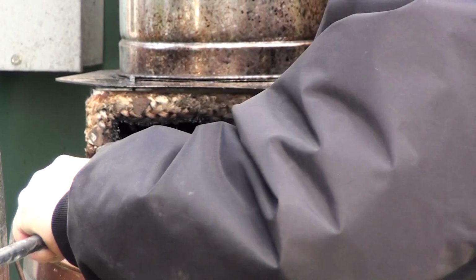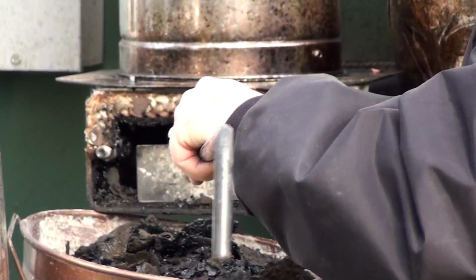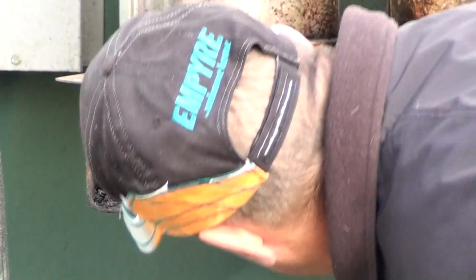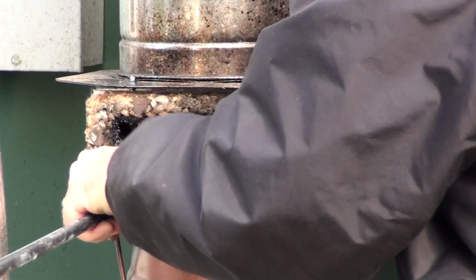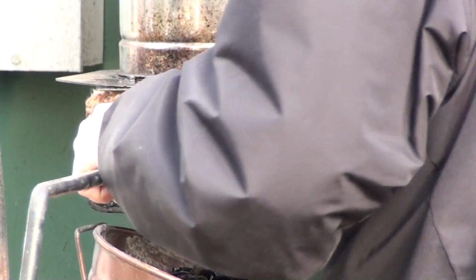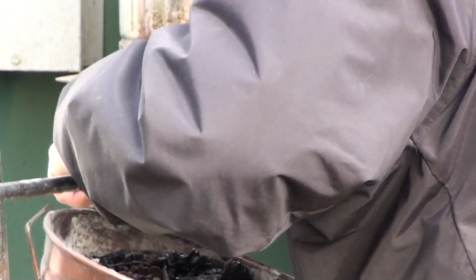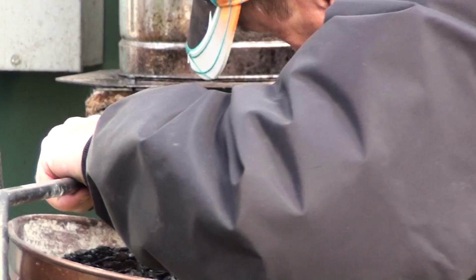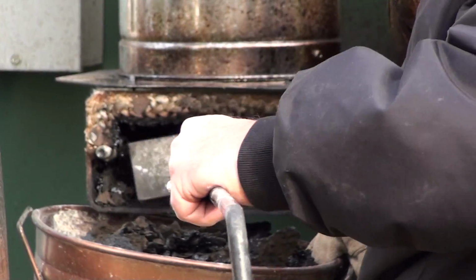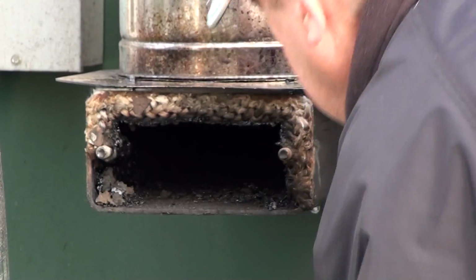I want to get this as clean as possible so that it's not restricting the exhaust flow coming out of my stove. All right, so I got most of that out of this